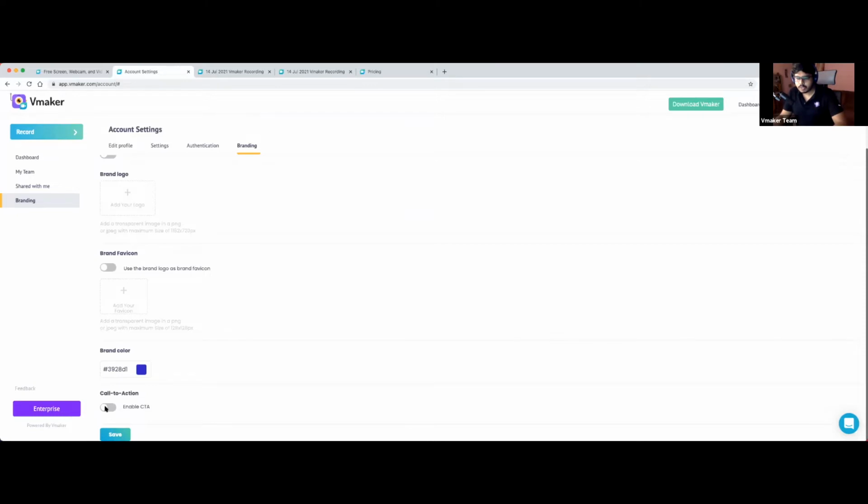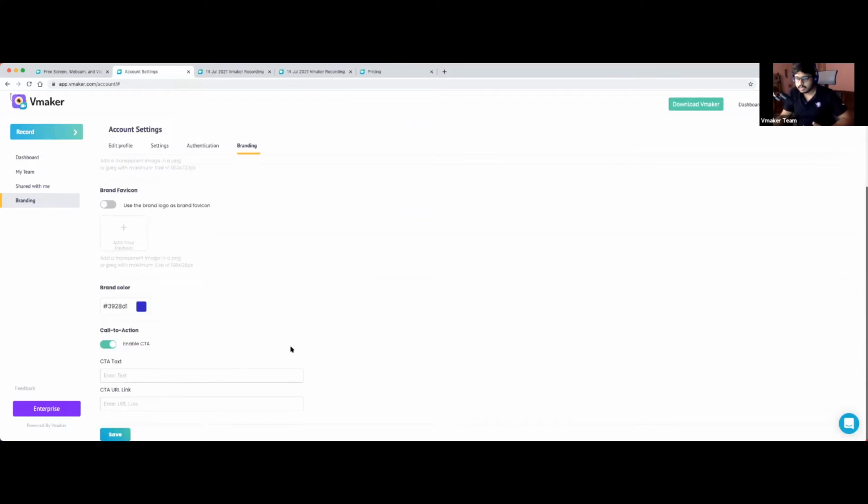And finally, you also have the option to enable CTA. Now, if you are using this for sales purposes, or if you want the video viewer to take an action after they watch the video, you can just enable this CTA and put in the CTA text and the link to which they have to go once they have clicked on that CTA, and it would take them directly. What this helps with is, once they watch the video, they don't have to go back to the email or go back to another window in order to contact you. We are just eliminating the overall travel journey, so they can do everything right from there. So that is what the custom branding is.